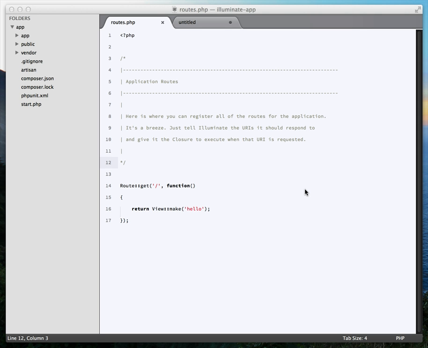A lot of things are going to look the same to you, so right here I have my routes.php file. You can see this basically looks the exact same as Laravel 3, so if you're worried that everything is going to be different, it's really not. A lot of the syntax is unchanged, and if it is changed, it's very minor. And all the main classes you're used to are still there and still work essentially the same way. There's just a lot more robustness and power under the hood